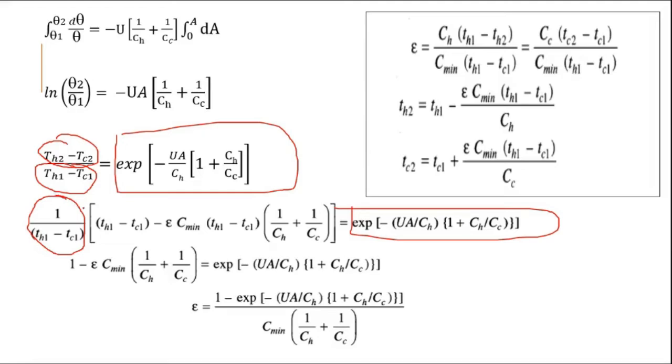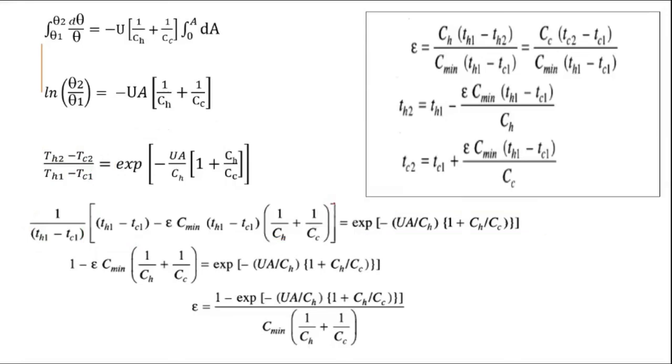Is this part clear? Yes, no? Yes, sir. Okay, so if we are writing the denominator separately, this has to be multiplied with the term Ts2 minus Tc2. So whatever we are getting over here, this will be Ts2 minus Tc2. We will see how we are getting that particular term. So basically we have to find Ts2 minus Tc2. We have to subtract these two equations. So subtract here, here also put a negative sign. If you will subtract, this term will be Ts2 minus Tc2, which will be equal to Th1 minus Tc1.